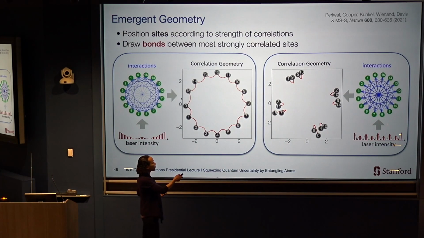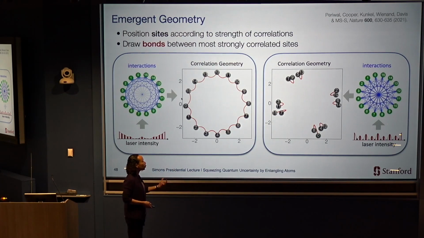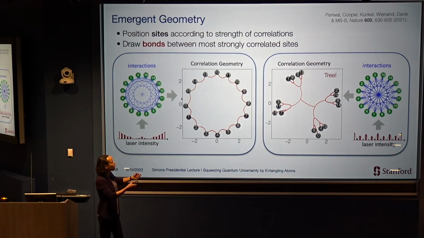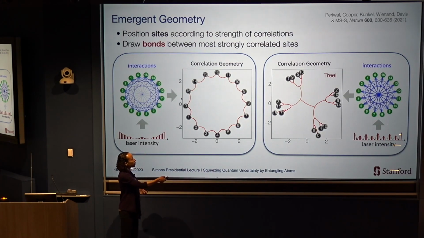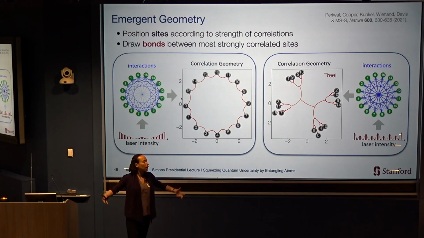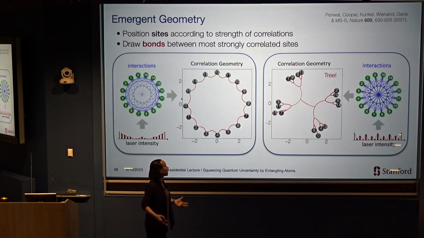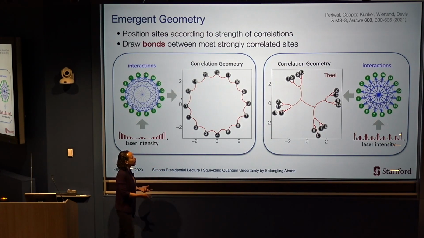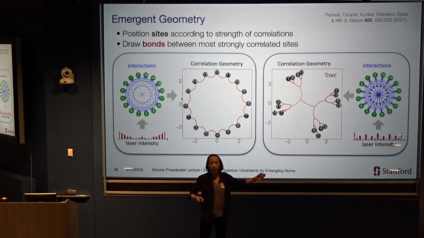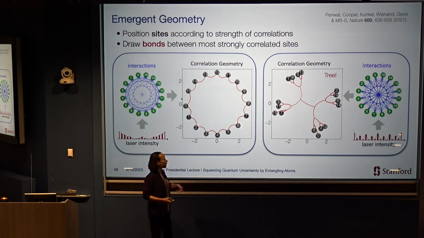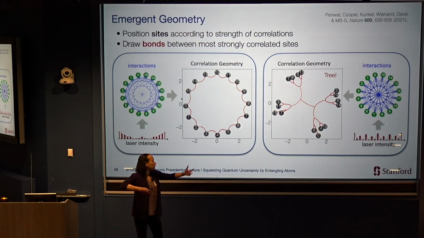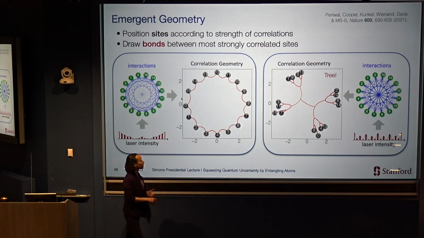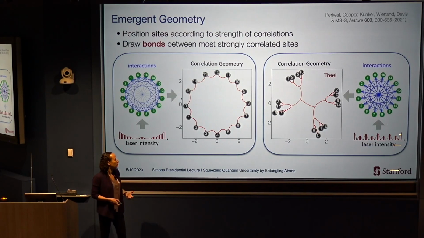And if we treat each of those pairs of sites that are bonded together as a new larger site and repeat this process, it turns out that this process of finding the most strongly correlated degrees of freedom, grouping them together, and repeating, coarse graining, gives rise to precisely this sort of tree that is a discretized version of a hyperbolic space. And the interesting thing is this tree, these bonds aren't really physical. These vertices inside the tree aren't actually sites in my lab, but there's this description that just emerges, this discretized version of a hyperbolic space emerges as a natural description of the correlations in the quantum system.